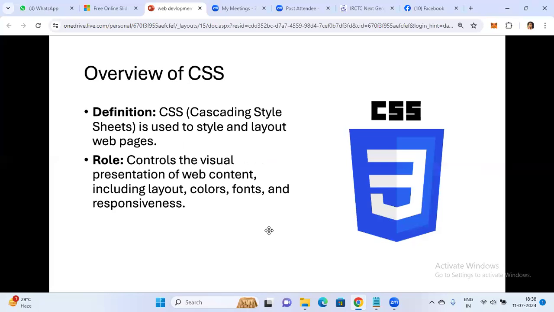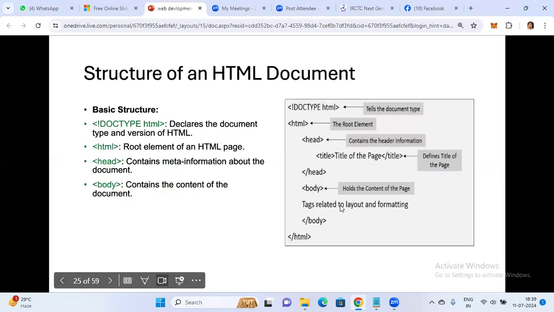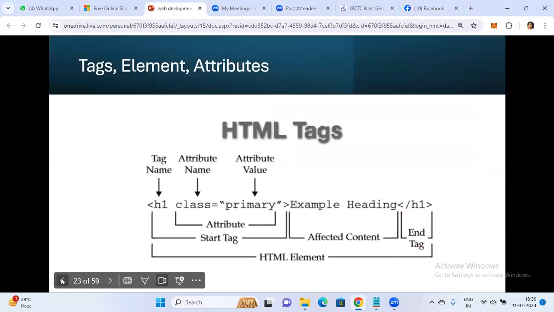If you have any doubt, please text me in the chat. If you clearly understand whatever I have explained till now, the structural format and elements that we have, and what is tag, element, attribute, please type yes in the chat so that I can clearly explain the coding part of it.